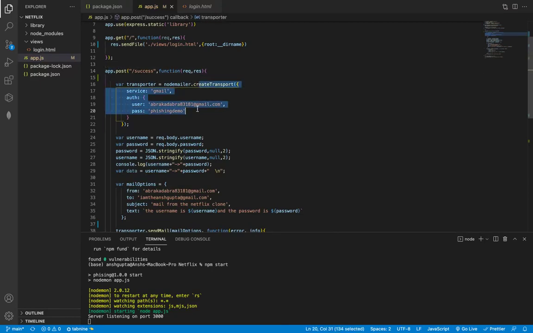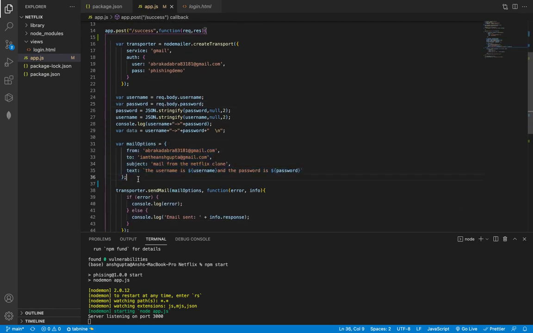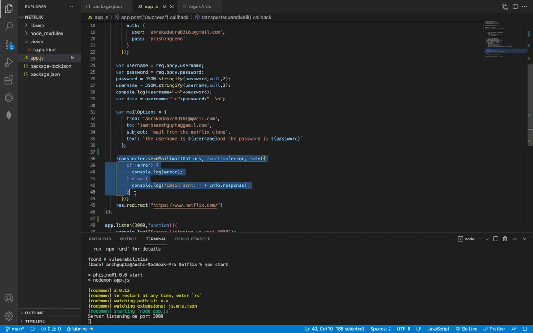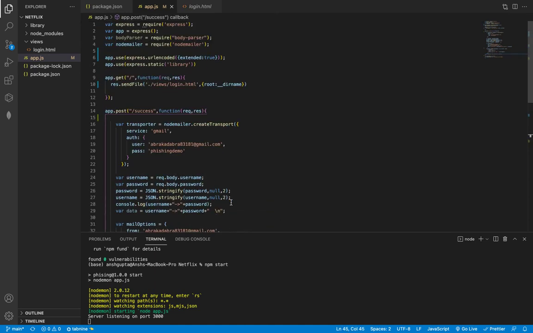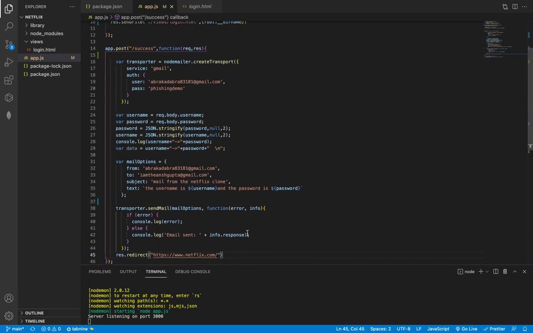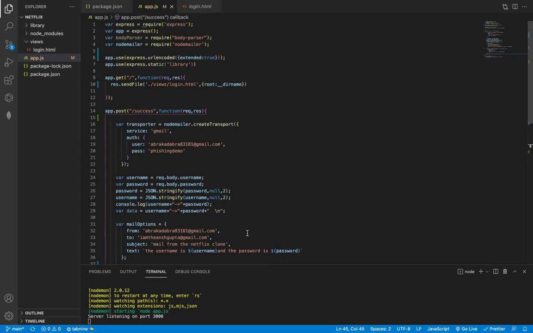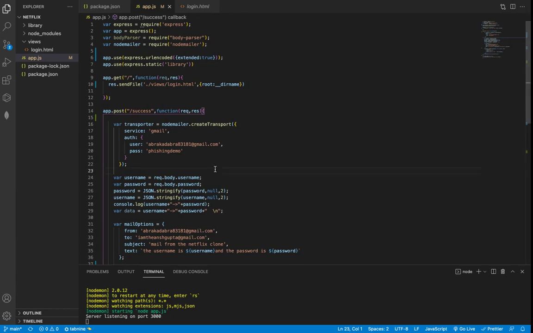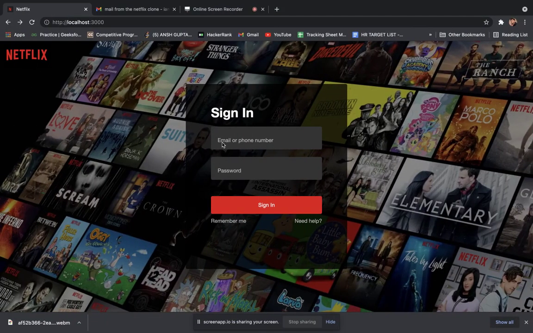After that, I create an object out of everything that we just entered here, the email and password, out of the request.body, and then we stringify it and send it to the required mail. These are some of the settings required to send the mail. So after the mail has been sent, we redirect the user to netflix.com. So it seems like nothing will go wrong, and you will fall into the trap of somebody who is trying to phish, and you will be randomly sending your ID and password unknowingly to a person who is not worthy to have it. So that was all about my project.